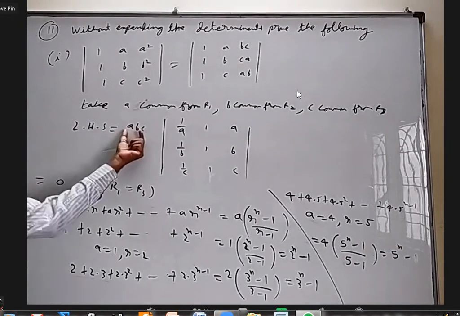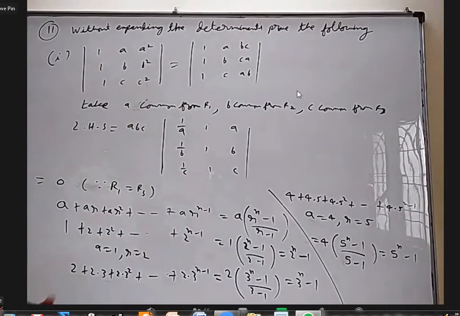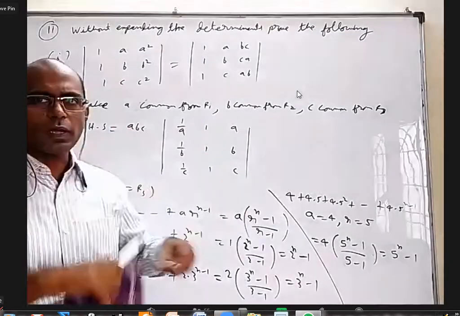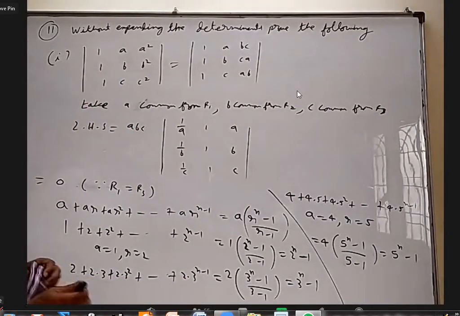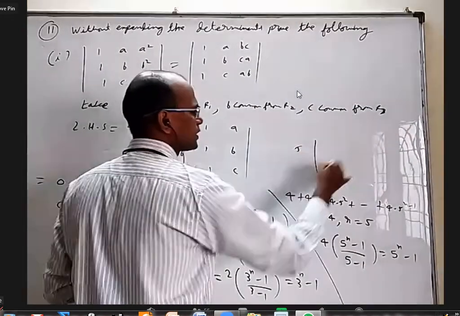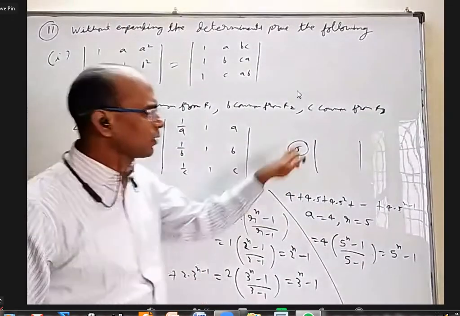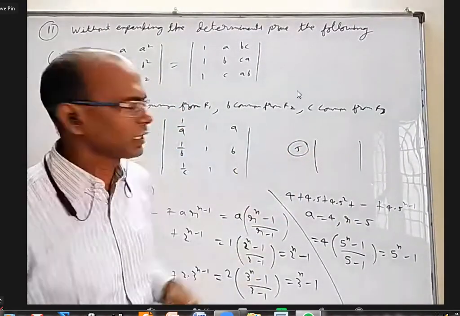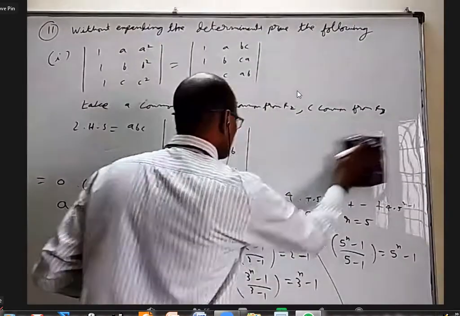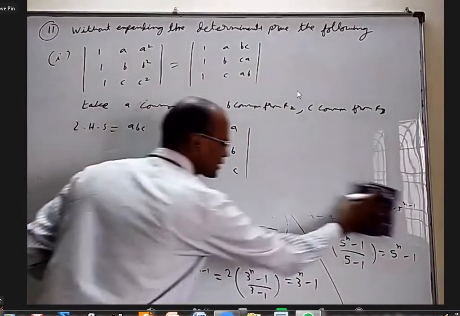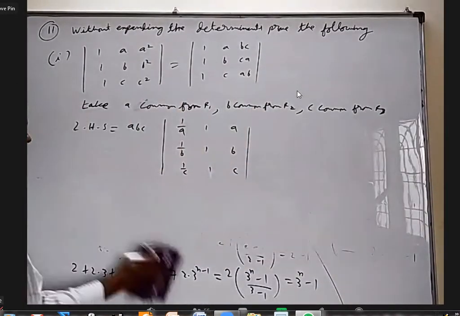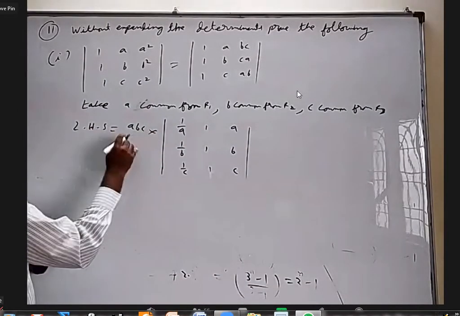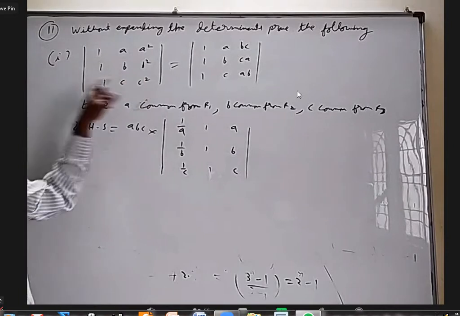Okay. Now this ABC I am going to multiply to column 1. Because any number, if it is outside, I can multiply to any single column or any single row. For example, if I have 5 times a determinant, that 5 I can multiply only to first row, or only to second row, or only to second column, or only to first column. Any row or column I can multiply. Sir, LHS is equal to ABC, that is different, no, sir, or the same problem? Same problem. This LHS equals this into this. I took A common here, B common here, C common.